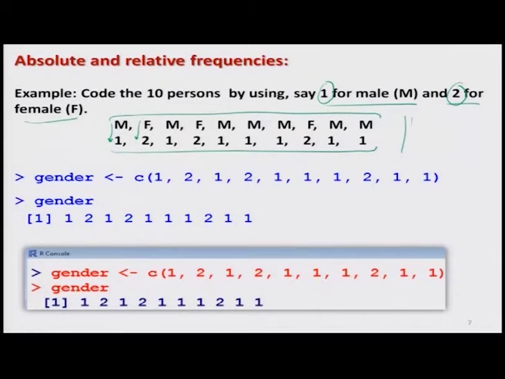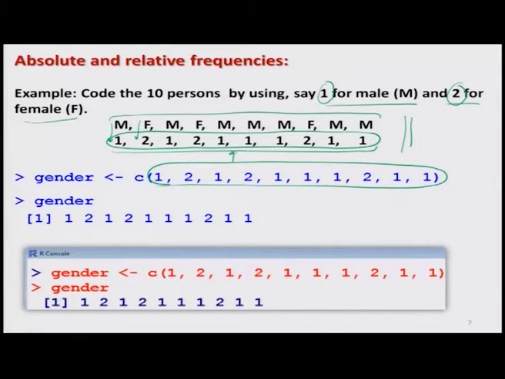After this, I collect this numerical data set into a vector, and I create here this vector. This is the same data set, and I combine them by c, and I create here a variable say gender. So, now this gender variable consists of these many values, and please keep this conversion of data in your mind, because we are going to use this example repeatedly later on also.